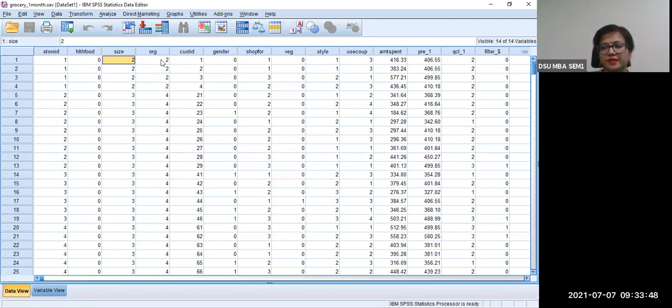So what you see on the screen, I have selected a cell, right? So these data can be manually entered. Now, in order to enter it in ones and twos and all that, remember what was the data actually in the form? Do you remember what was the data in the form? The same grocery purchase data. Let me just quickly toggle you and show. See, for example, the store ID was something to do with 1 and 2, health food, yes or no, size, medium, all of that, right?